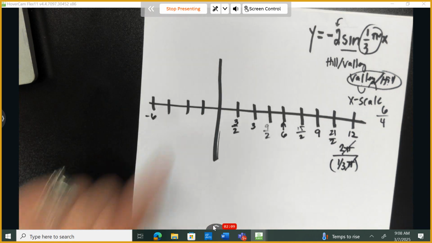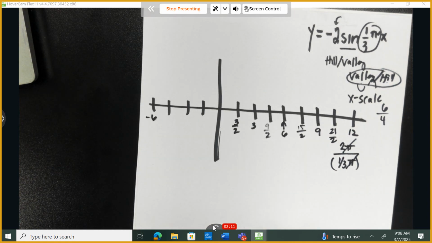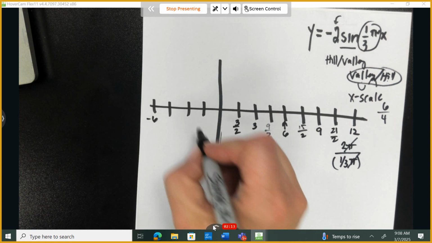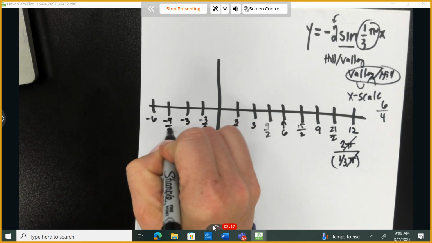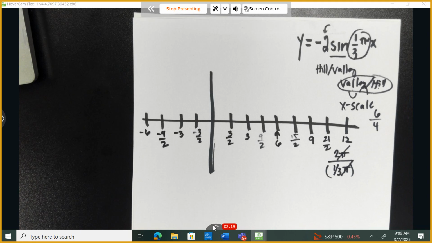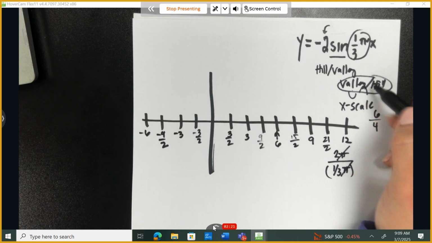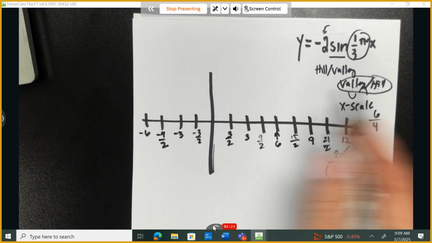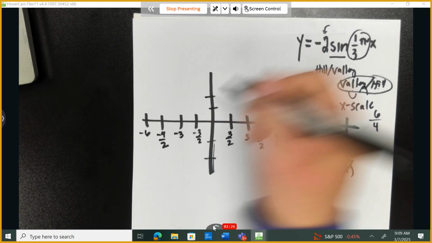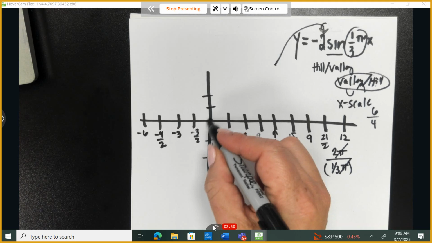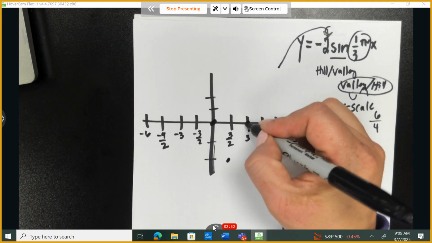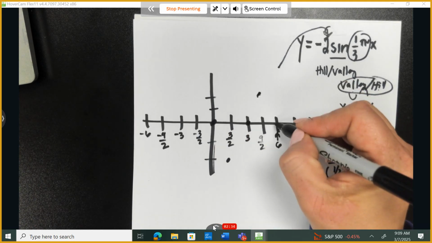Now, how do I get the next 4 to the left? Does anybody remember? You just copy and paste them over with the negative. Now, this shape is going to go down and then up. So down a total of 2. Why is it 2? This is the value. Why do we go down first? Because it's negative. So it starts here, it goes down 2, it goes back up 2,